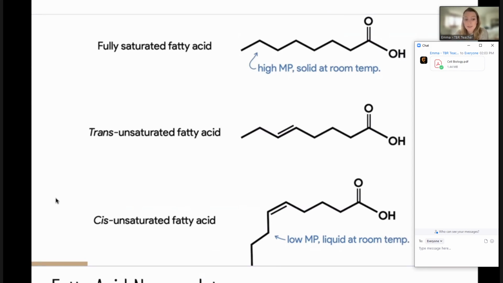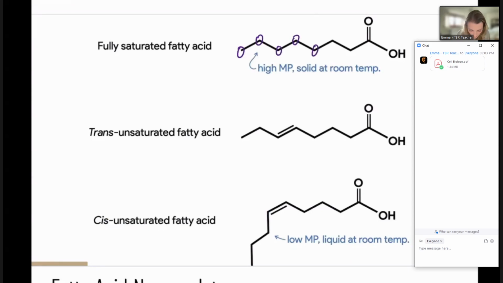There are different types of lipid molecules. So we've got here a fully saturated fatty acid, a trans unsaturated fatty acid, or a cis unsaturated fatty acid. You definitely will hear about these things. Like in nutrition, we talk about fatty acids or the unsaturated or trans fats being potentially worse for you. And so when we look at this, we have to remember that off each of these are carbons, which are going to make up this hydrocarbon tail.